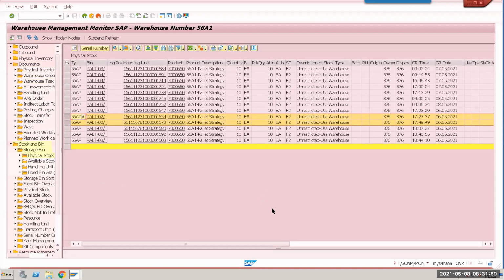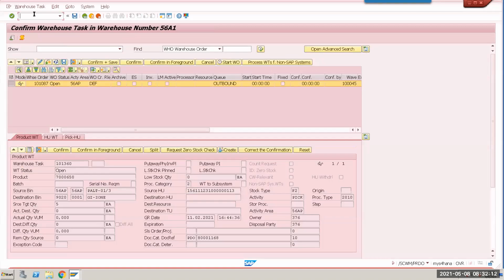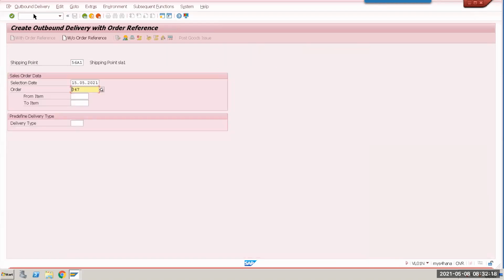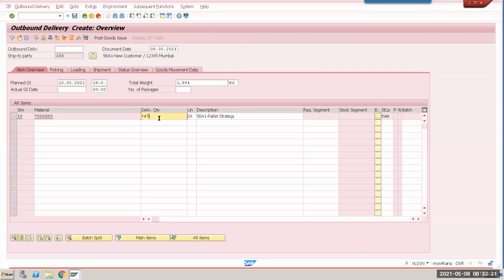Okay, let me do one thing. Sir, can we say one partial quantity from one HU itself? Exactly, that's what I want to show you now. Go to warehouse, because it is working fine. You just need to understand this. L01M. I forgot about the earlier scenario; now we'll see this scenario. I'll take 6 pieces. That is a partial quantity.